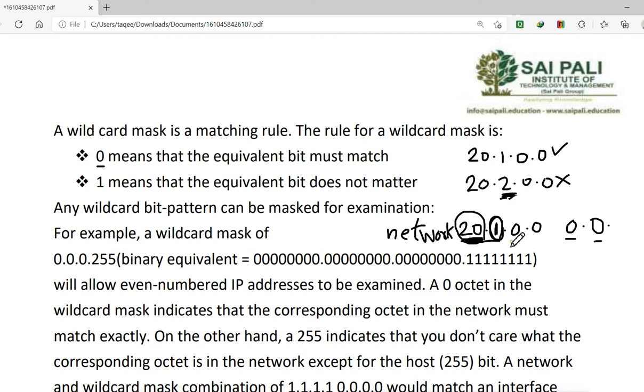Then here we have zeros. So what I can do? I can just give 255 here. That means I can enable all the bits here, 255.255.255, so that it will not check these two bits, these two parts. I just only want to check these two parts. I want to check these two parts because I want to have exactly 20.1 in these two parts, and I don't want 20.2. So if your router is having both these networks, so only this network will be enabled, the routing, and this network will not be enabled for routing.